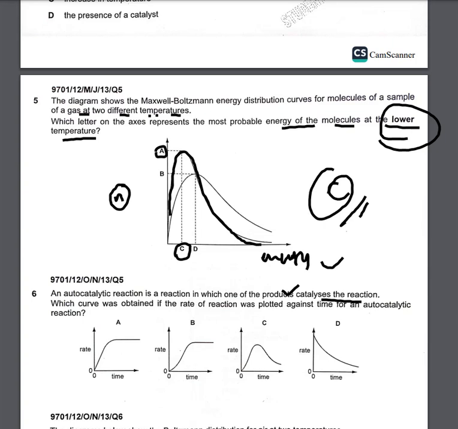So this is definitely not A or not B, because they both show that the rate increases and then the rate becomes constant. This is not what is happening in the autocatalytic reaction. And whereas in part C and part D, you are going to go with C, because the products are catalyzing the reaction. So when the rate increases, till then the rate of the reaction increases. But